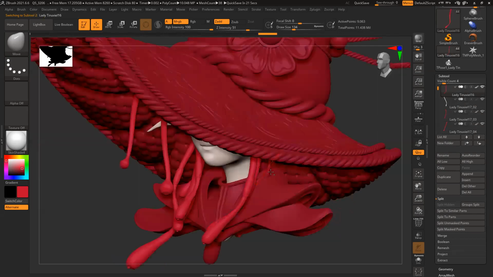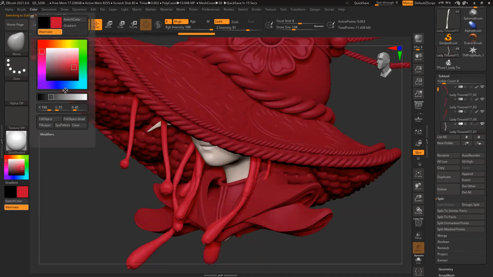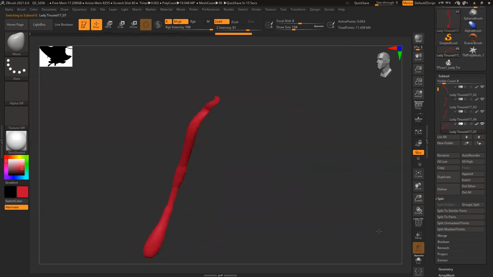There has to be one more. It's this one. Fill object, and this one also. Fill object.